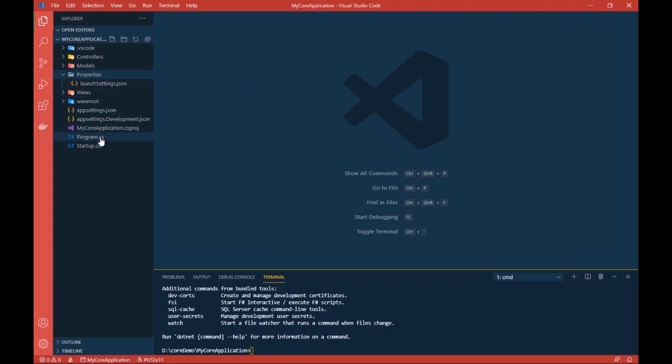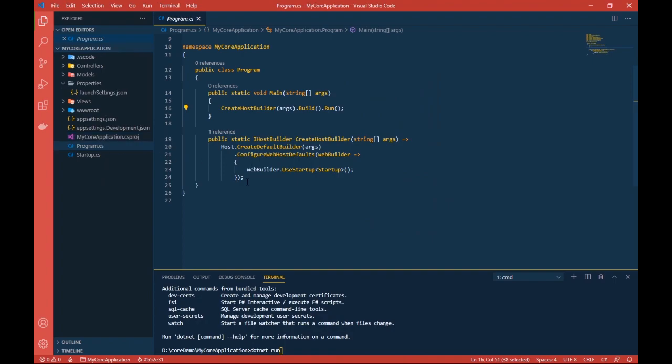Now let's start exploring the files one by one. Let's open the Program.cs file. Here you will see that there are two methods. The first method, the Main method, is the entry point of this application. People with a .NET Framework background may think, hey, the Main method is usually used in a console application. Well, you are correct, because when .NET Core starts at runtime, it starts as a console application before being configured as a web application. That is why this is the entry point of this application.